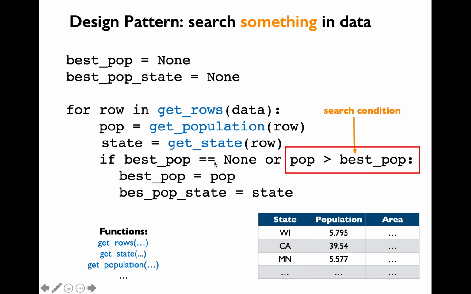That's because in Python you cannot compare a None value with some other data type. So if your previously known best is initialized to None, you need to make sure that in iteration number 1, you're populating the previously known best value with that particular current iteration's values. So the only time when the best_pop variable will be None for this particular for loop will be for iteration 1, because you're going to update the population and state values after iteration 1.